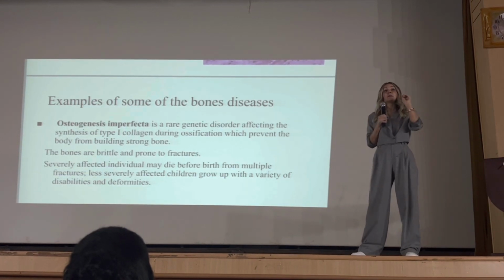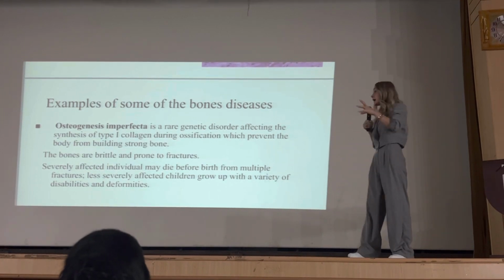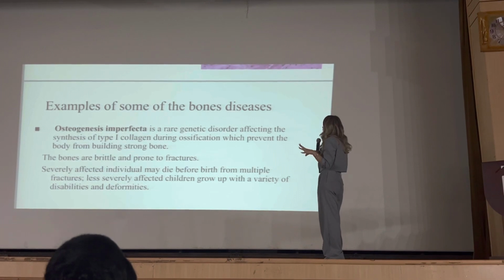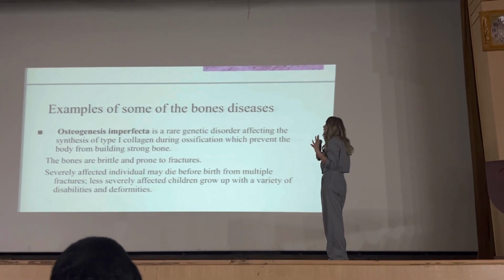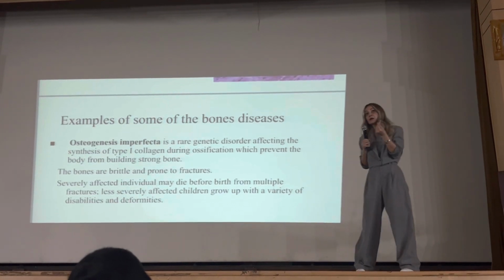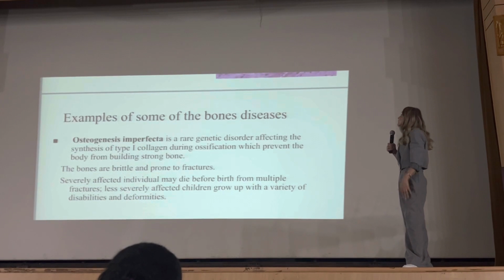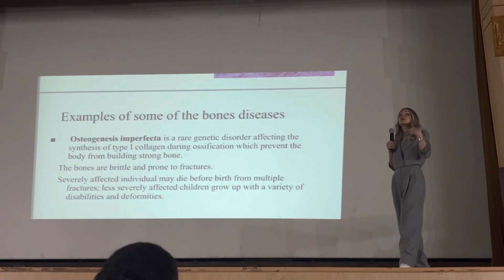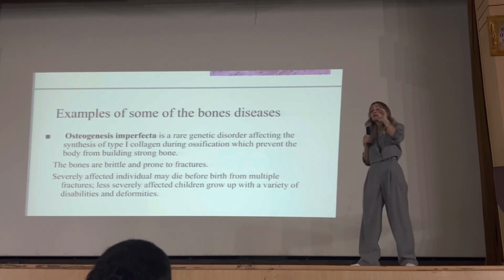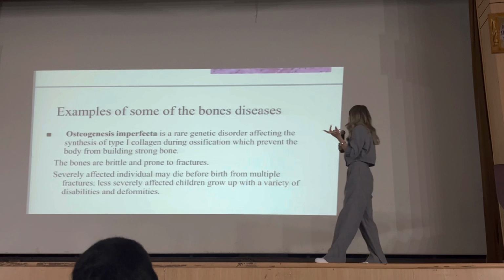In osteogenesis imperfecta, type 1 collagen is affected by the genetic abnormality, which leads to abnormality of the bone. The bones are brittle and prone to fractures. Severely affected individuals, with a higher degree of genetic abnormality, will not be compatible